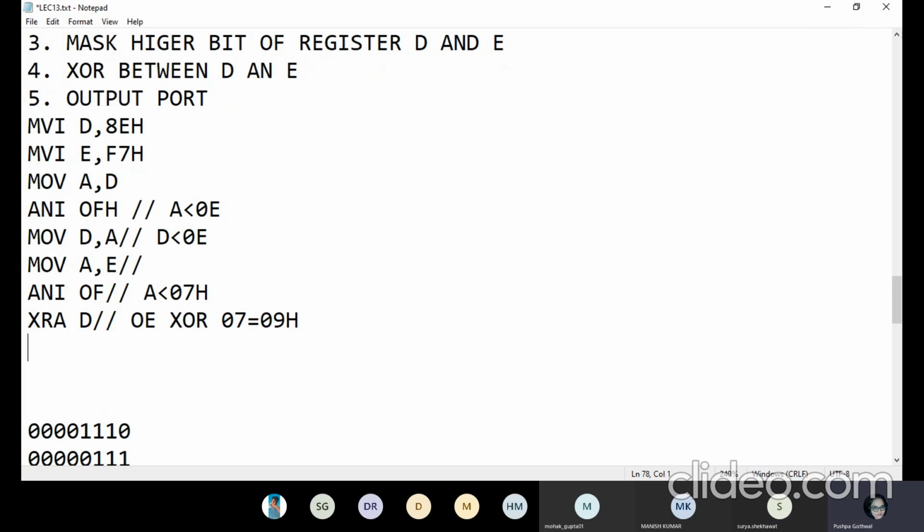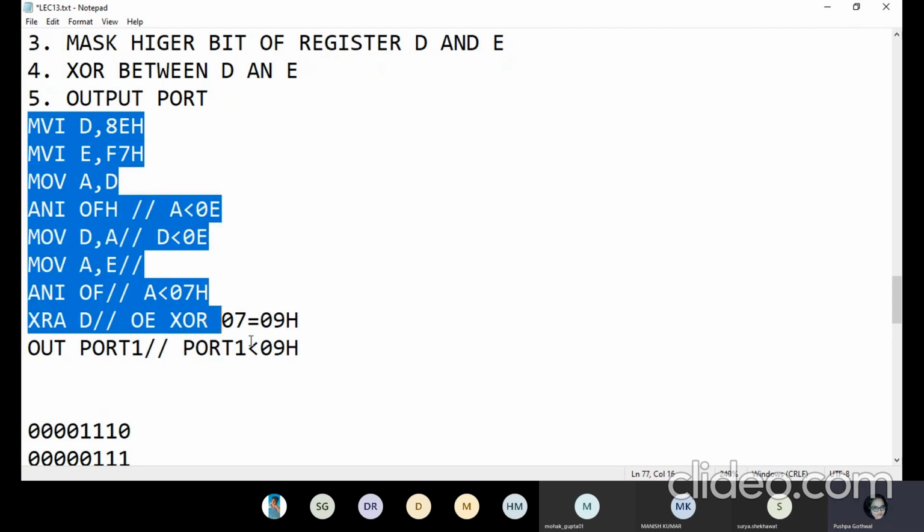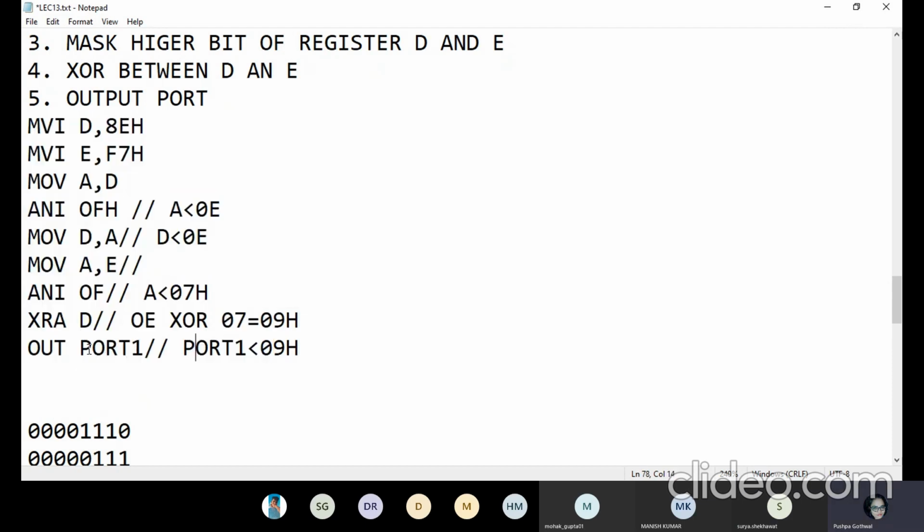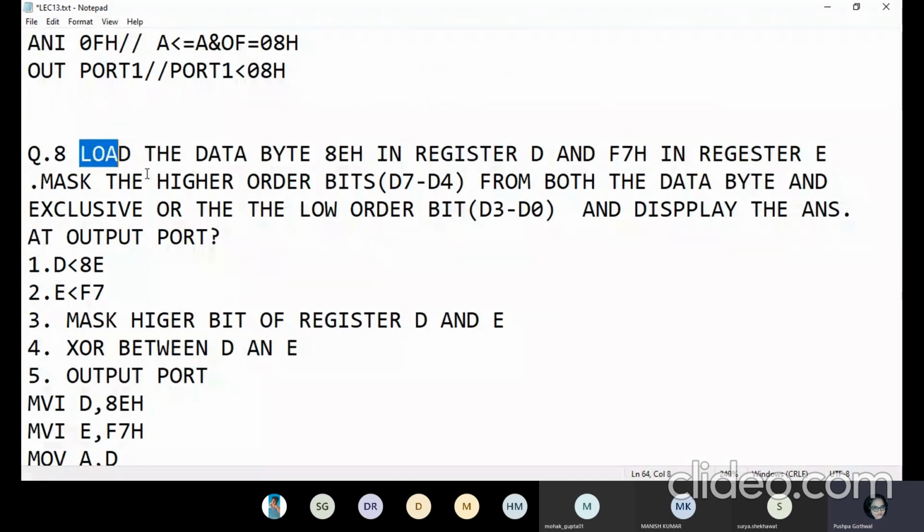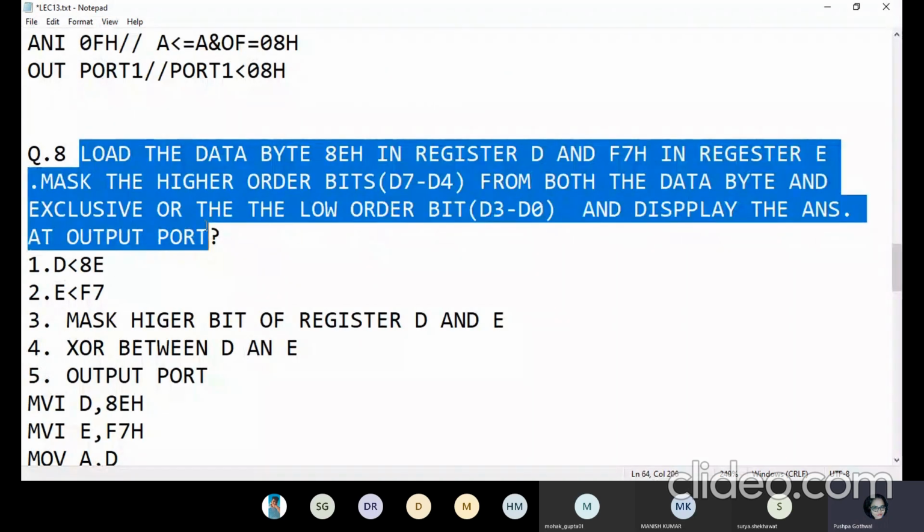Then they said you have to display the content at the output port. So you can write OUT port 1. Right now at port 1, you are getting the answer 09H. Maybe they write this whole line of code and ask what is the value at port 1, or maybe they write this theoretical content and ask which one is suitable. So things can be vice versa, but you only need to understand the concept. Okay, now the next